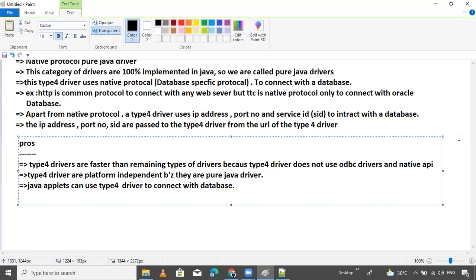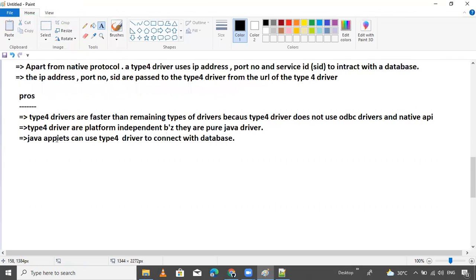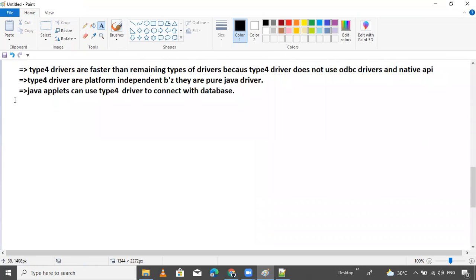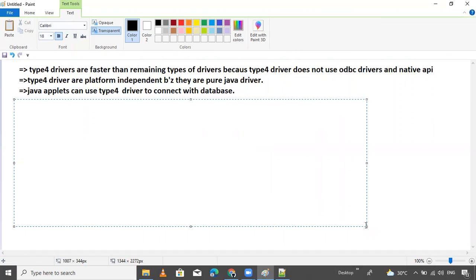This is the advantage, and there are also some disadvantages, the cons.